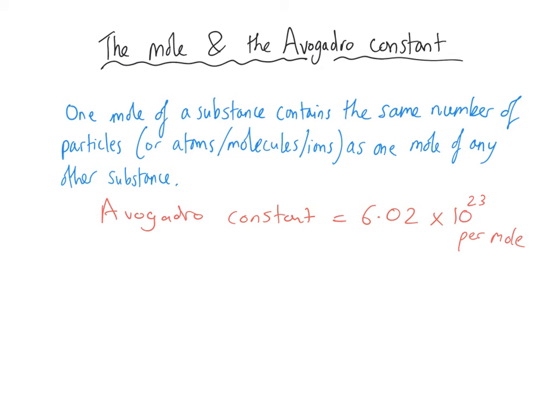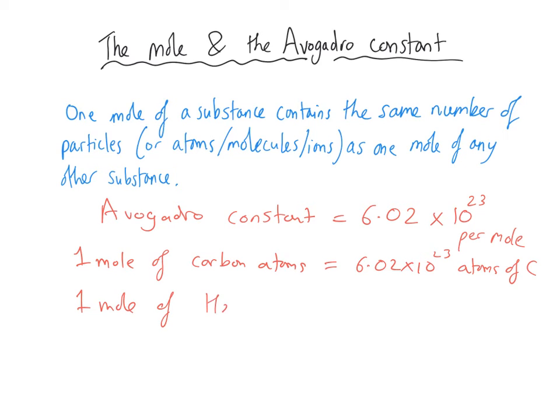Now, the power of Avogadro's constant is that we can talk about moles instead of atoms. So, for instance, if we had a mole of carbon atoms, we know that we will be talking about 6.02 times 10 to the 23 atoms of carbon. And if we talk about 1 mole of water, we will be talking about 6.02 times 10 to the 23